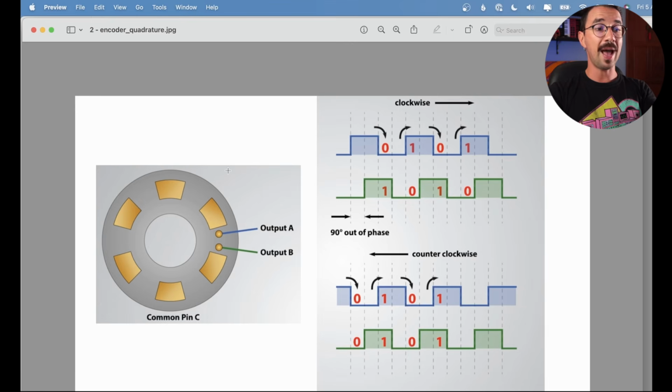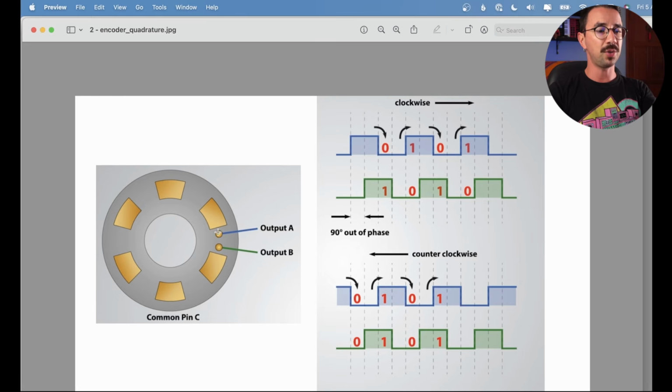So here is how the encoder is inside. It has 2 terminals, like I said, terminal A and terminal B. And we have a couple of conductive materials. Depending on the encoder, we will have more or fewer of those pulses. So here, let's say you're turning clockwise.